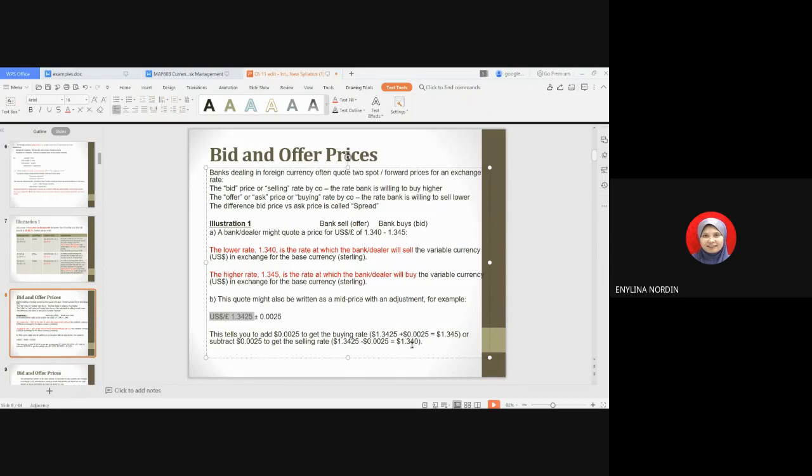So you get 1.325. So if you put in the range, 1.3425 will be 1.3245 to 1.340, the higher rate,